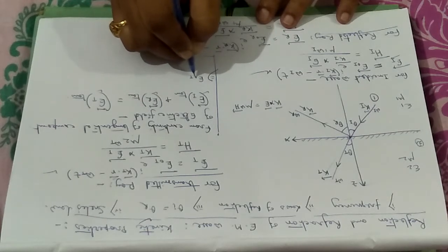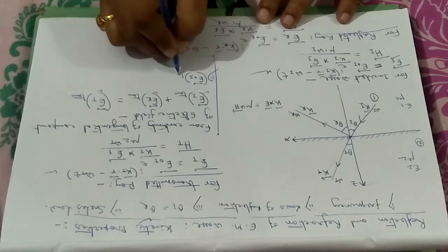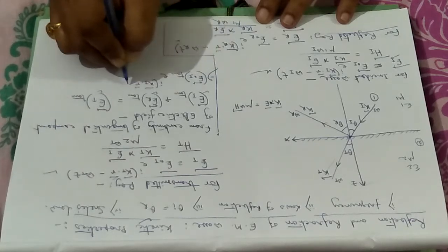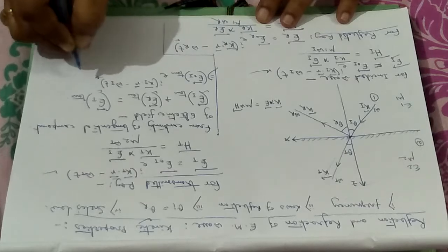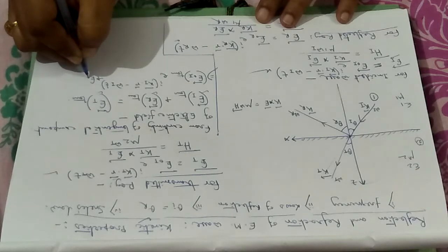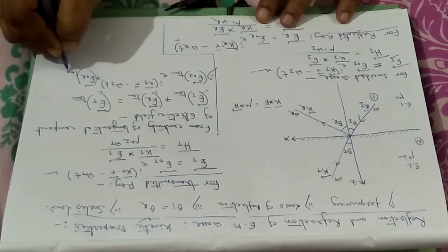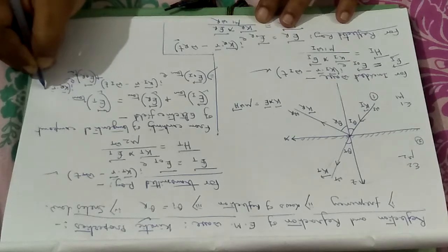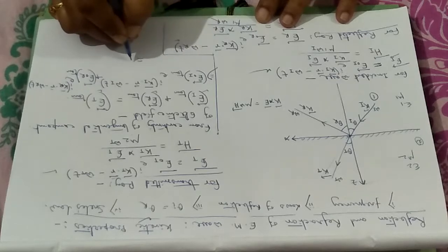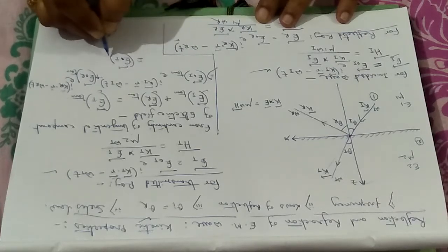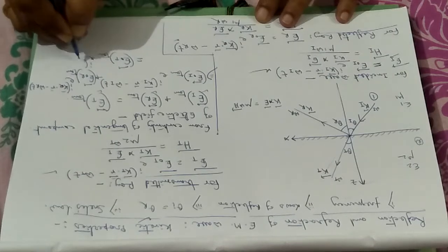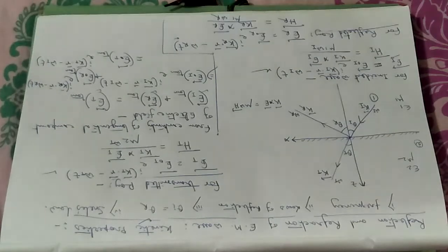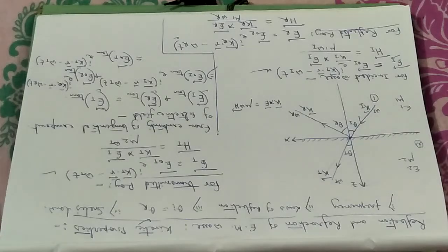E_0I tangential component into e to the power i(k_I dot r minus omega_I t) plus E_0R tangential component into e to the power i(k_R dot r minus omega_R t) will be equal to E_0T tangential component into e to the power i(k_T dot r minus omega_T t). This is a very simplified version, only mathematics.